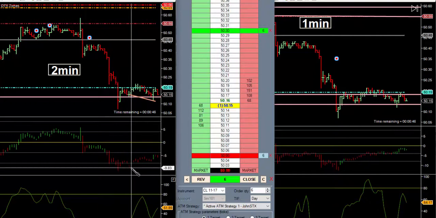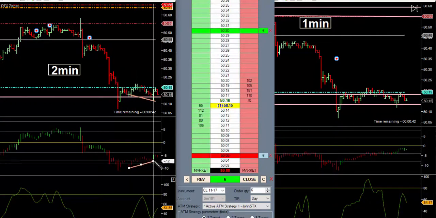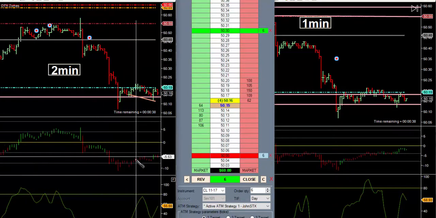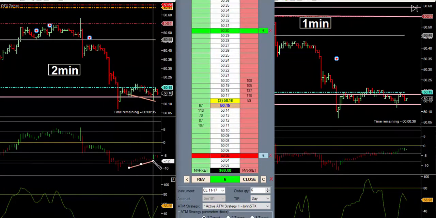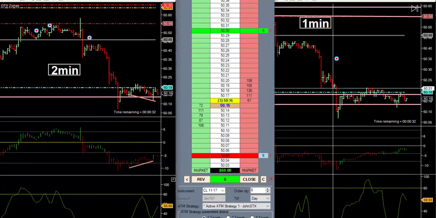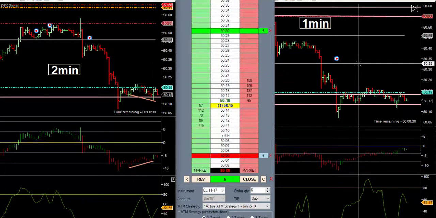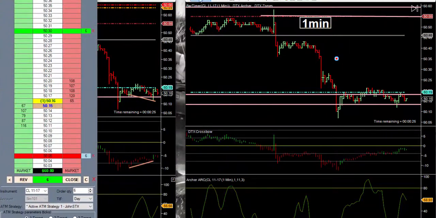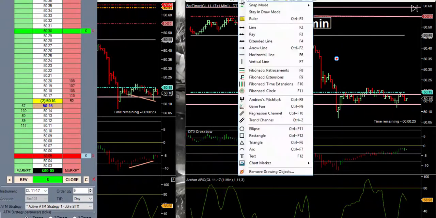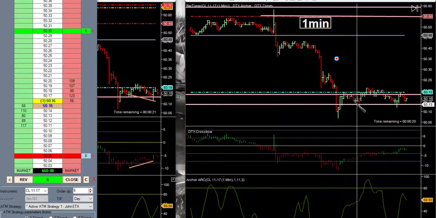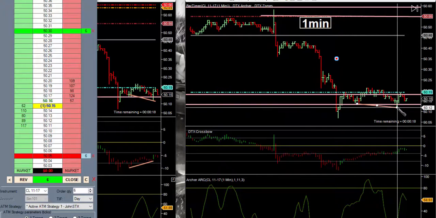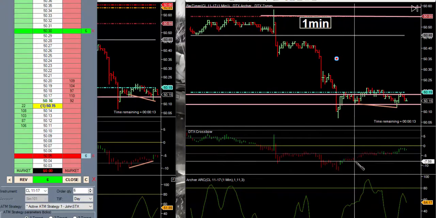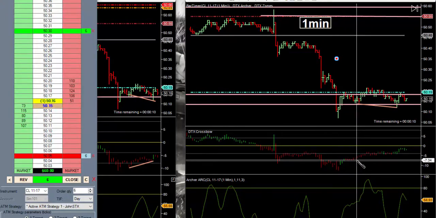We also have this little interesting formation right here, which is an out of balance within the curl and bounce trade. As you can see, we have an out of balance on the 2-minute, and we also have an out of balance here. Let me put this over so you can watch the trading platform here. We also have an out of balance here on the 1-minute, and that is on price, and here is